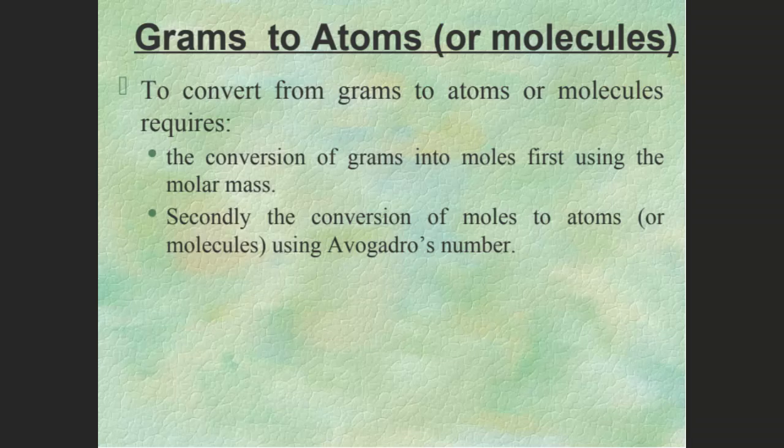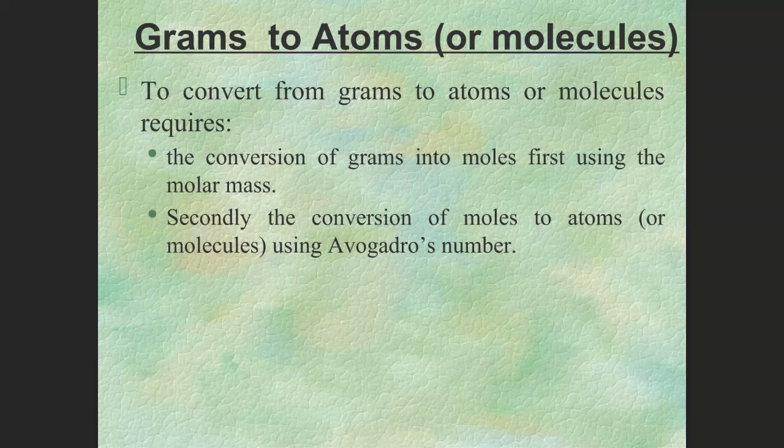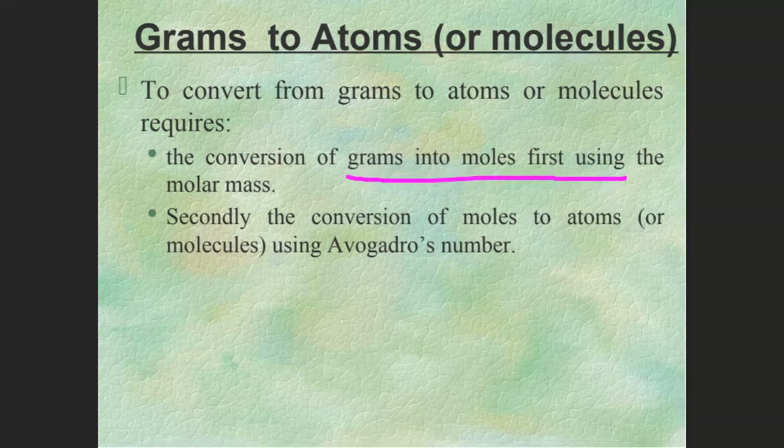Gram to atoms or molecules. To convert from gram to atoms or molecules, we require the conversion of grams into moles first, and second, moles to atoms. As I said, you need a two-step conversion. So how? Gram to,